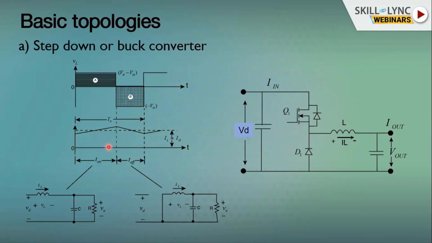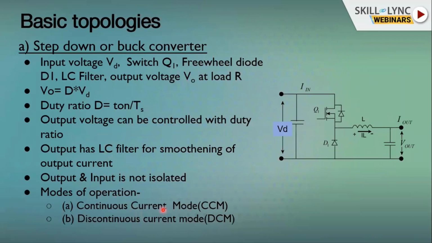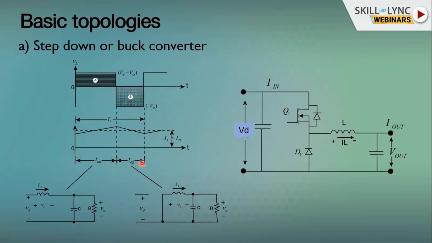Now, if you remember, I told you about continuous current mode and discontinuous current mode. Based upon the inductor size and its characteristics, if the current is not going to zero, there is a continuous smooth operation, and this particular mode is called continuous current mode. Let's say you don't need this type of arrangement. You allow the inductor current in the off mode to go to zero. In that case, it will be discontinuous current mode. There are further advantages and disadvantages of both.